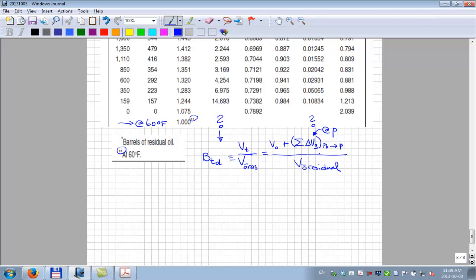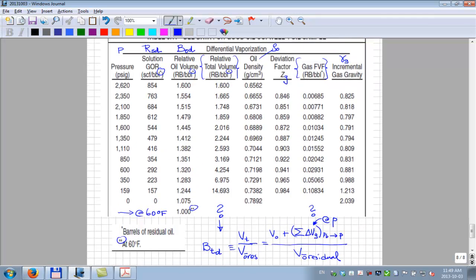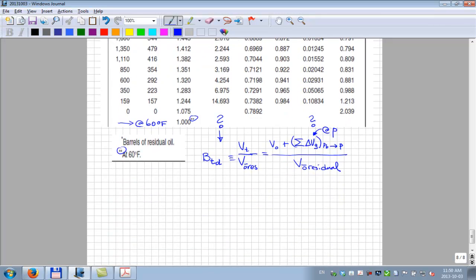We'll come back to how to calculate that in a second. Before we do that, we're going to talk about this, which we're going to call BGW. The W part we'll learn when we study Chapter 7: the wet gas formation volume factor. That is defined as the volume of gas at pressure over the volume of all of that gas at standard conditions,